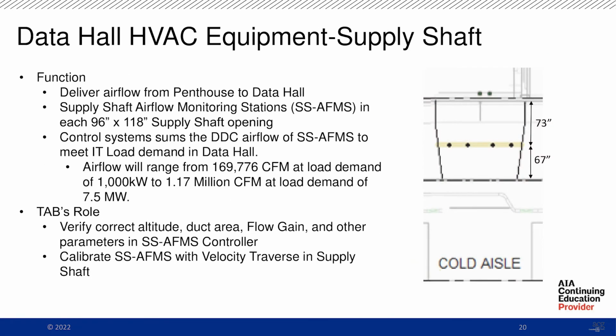All right, supply shaft. So that supply shaft there has a very recognizable airflow monitoring station that is gold. That's all I'm going to say about that. So the supply shaft airflow monitoring stations, each a 96-inch by 118-inch supply shaft opening. The control system actually looks at the sum of all 15 airflow monitoring stations to make sure that they can meet these demands. So at our high end of 1.17 million CFM, that's our low demand of 7.5